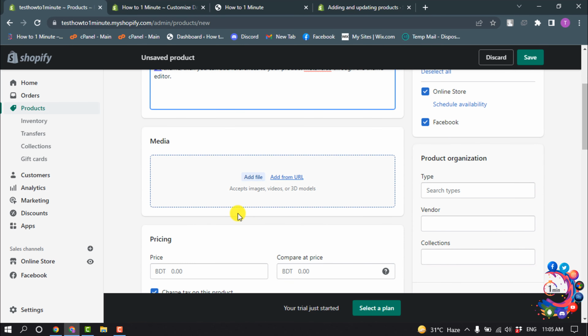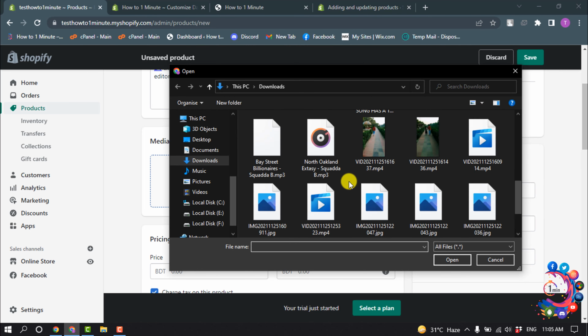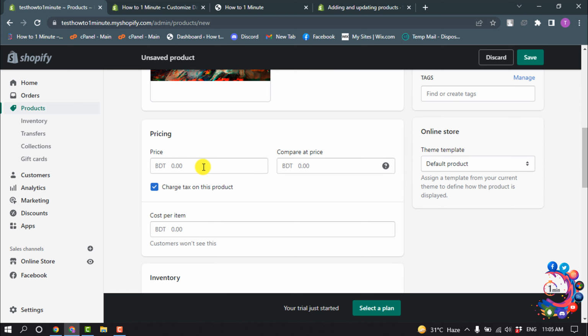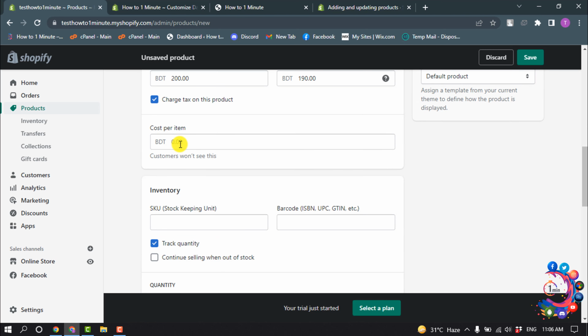And scroll down, and from here add your media, upload photos from your computer. And now enter your pricing from here. Also you can enable charge tax on this product, and you can add compare-at price and cost per item. You can enter the cost,